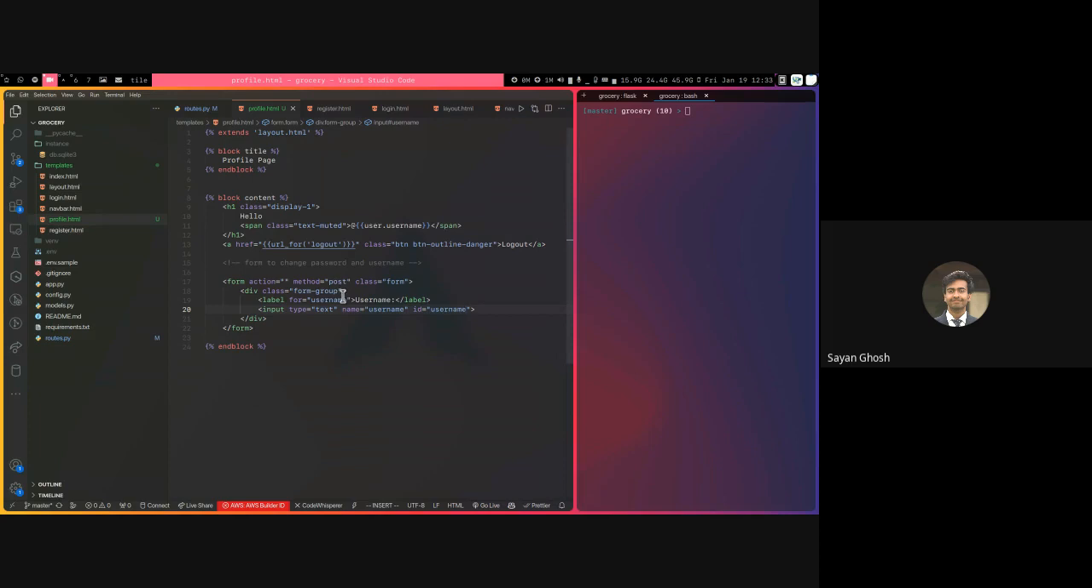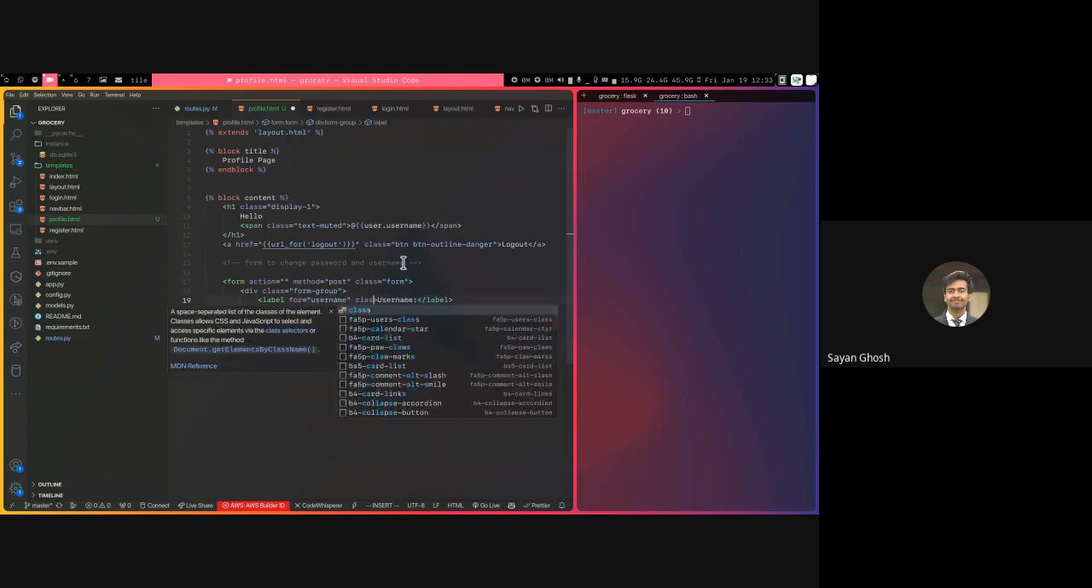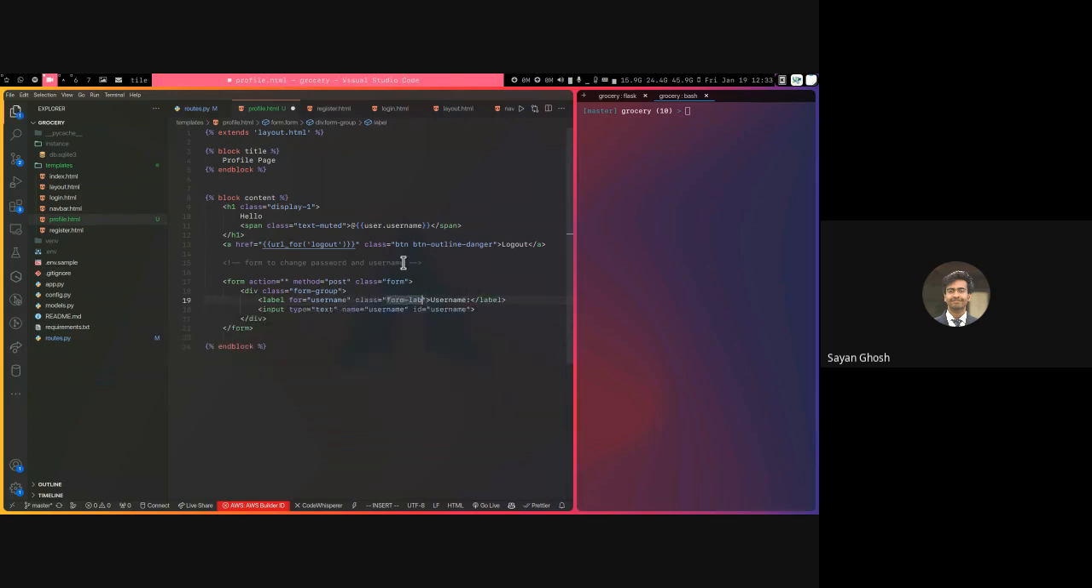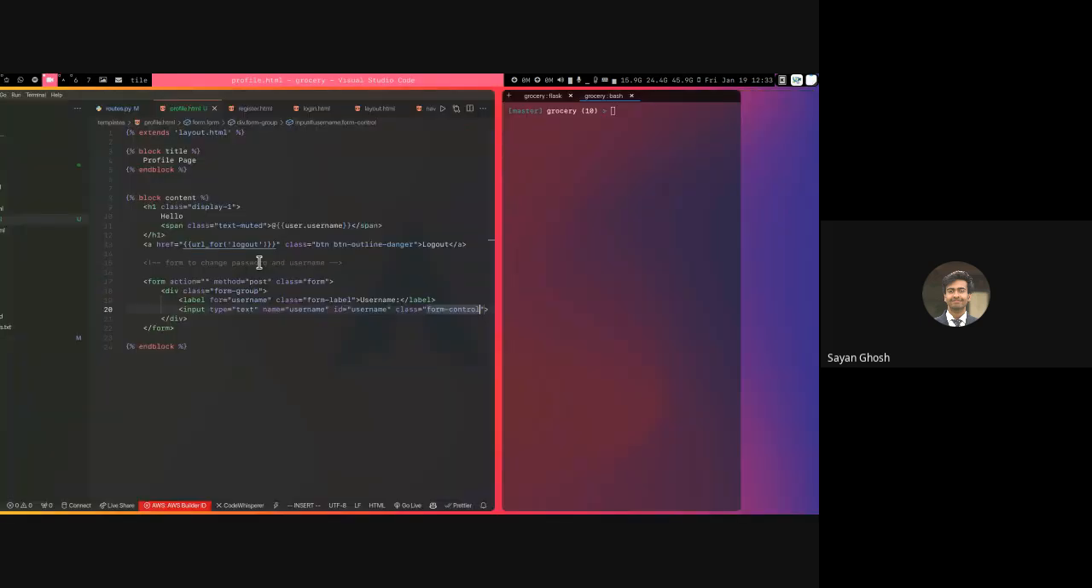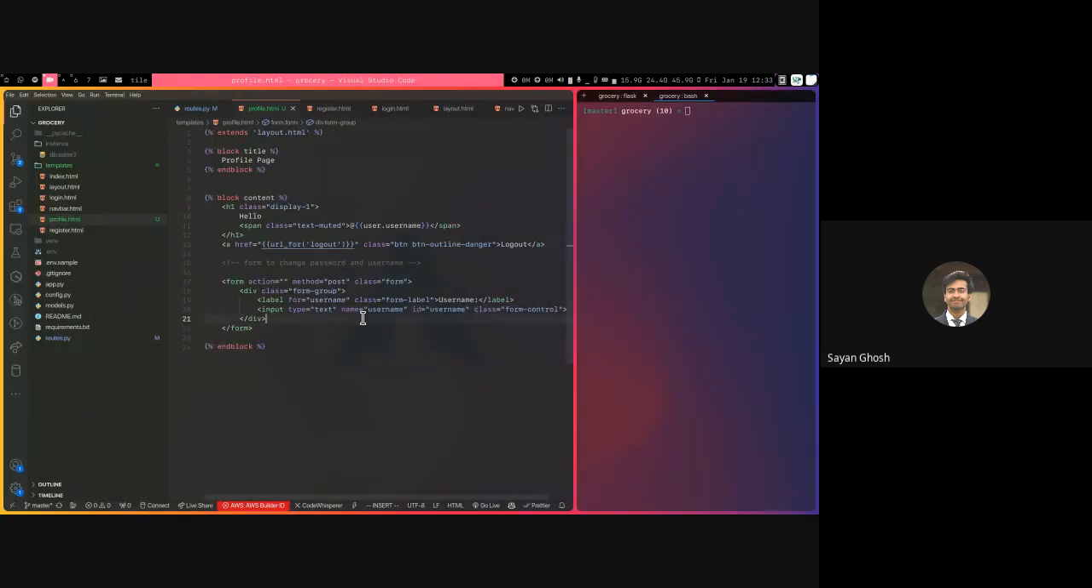All right, so it'll look something like this, but then obviously it's not looking nice. So we'll just add the Bootstrap classes, right? So we'll add the classes form label, and here we'll add classes form control, and that will make it look a little bit better. And then similarly, we'll do it for the password and the name also. So we'll have a form group for the password,